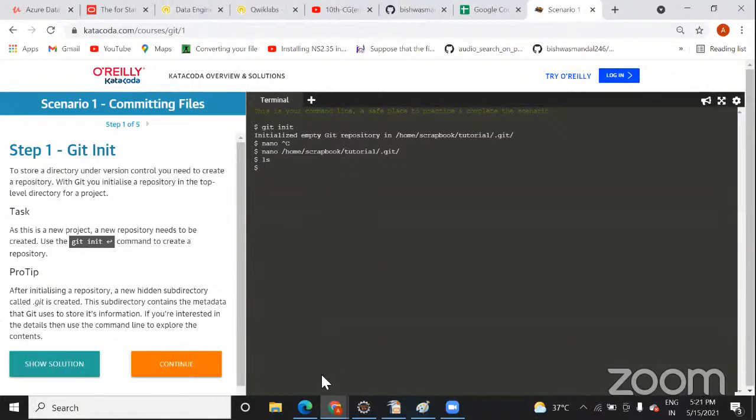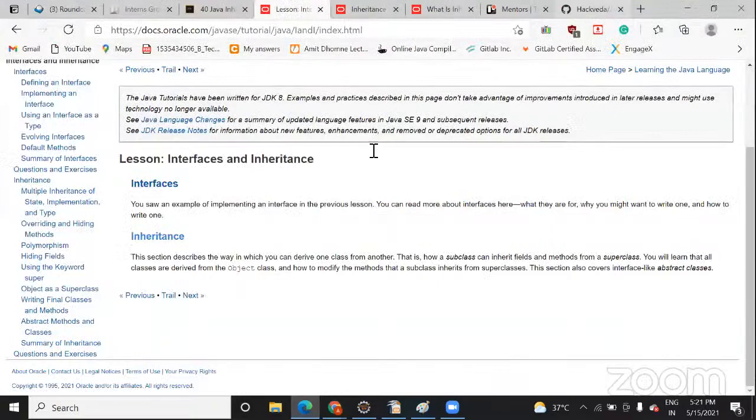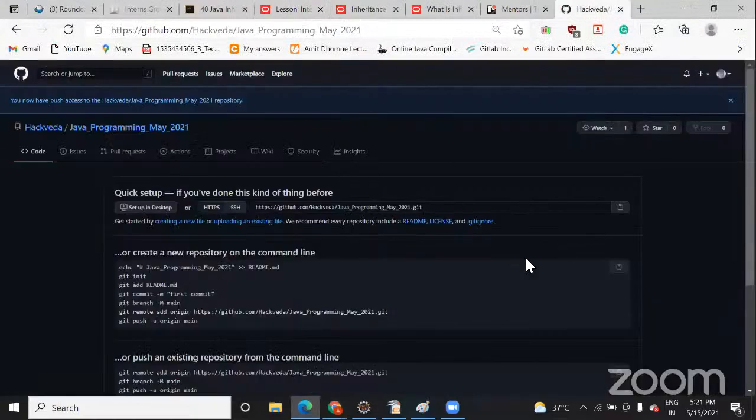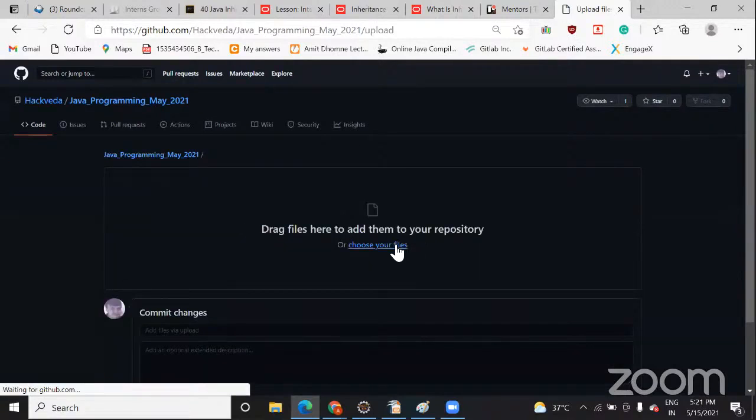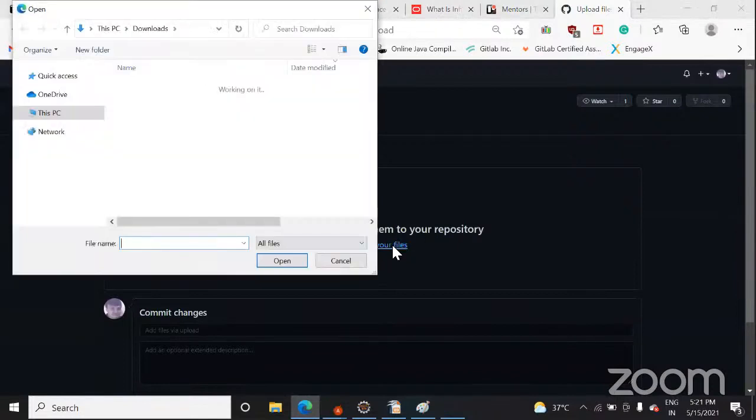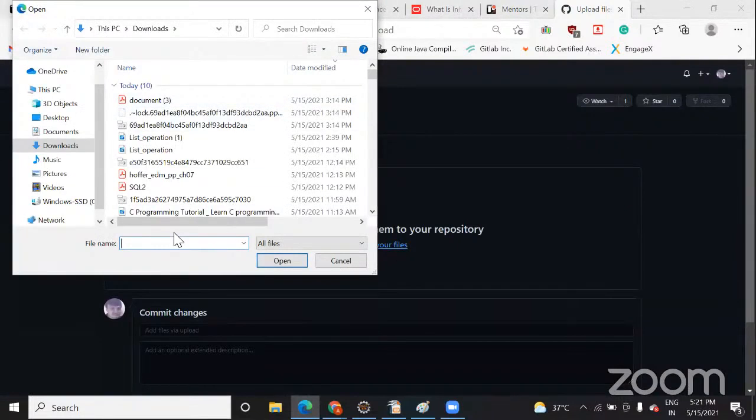And there is another way of uploading the code also that I wanted to explain to you. See this. Whenever GitHub is open, you will get this. So with the UI also you can upload it. Click on this upload existing file. You can choose the file from here. You can select the file, but when you want to save a folder, then you need to select the folder and drag it here. For example, let me show you.